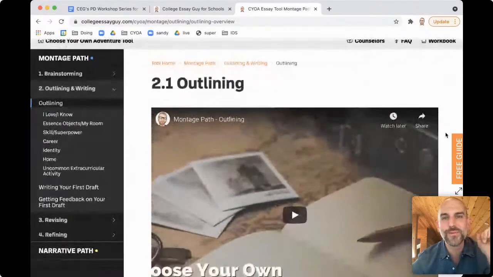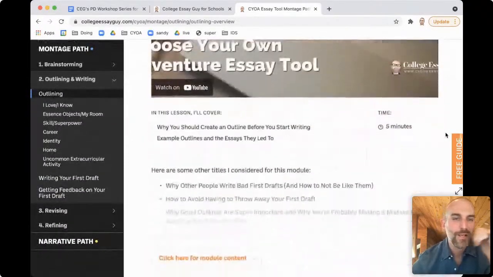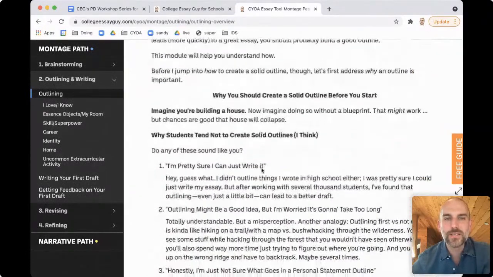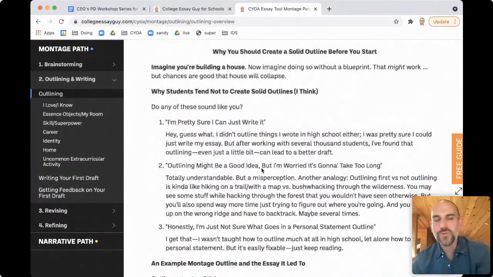It's all inside the tool that you have access to. So here, the way that I frame this is, why students should create an outline before they start. And the simple analogy is, try building a house without having blueprints. I think sometimes students are just kind of like, I'm pretty sure I can just write it. And that was me in high school. That was probably me until I was into my 20s, until I saw that actually it was more efficient to